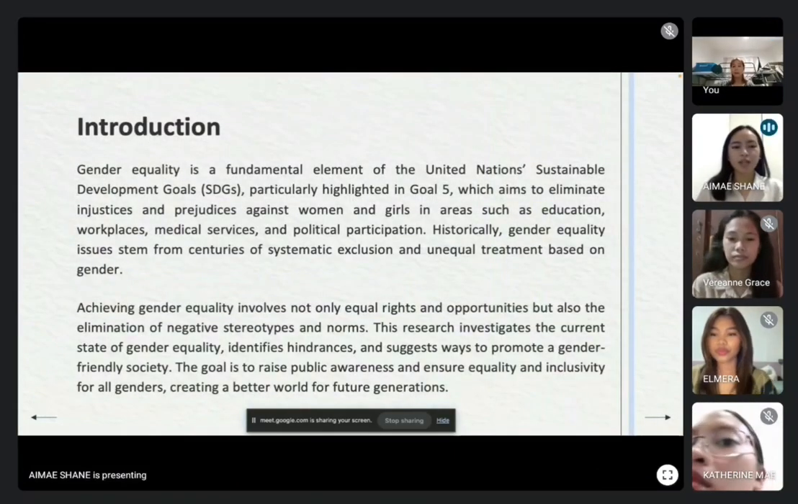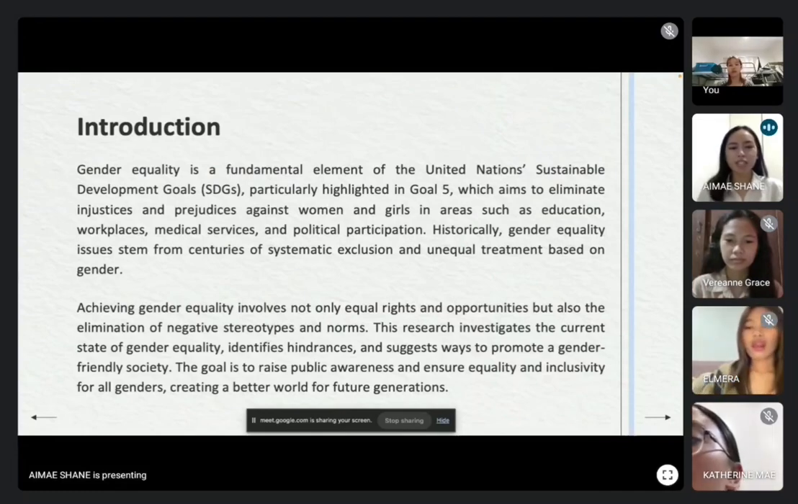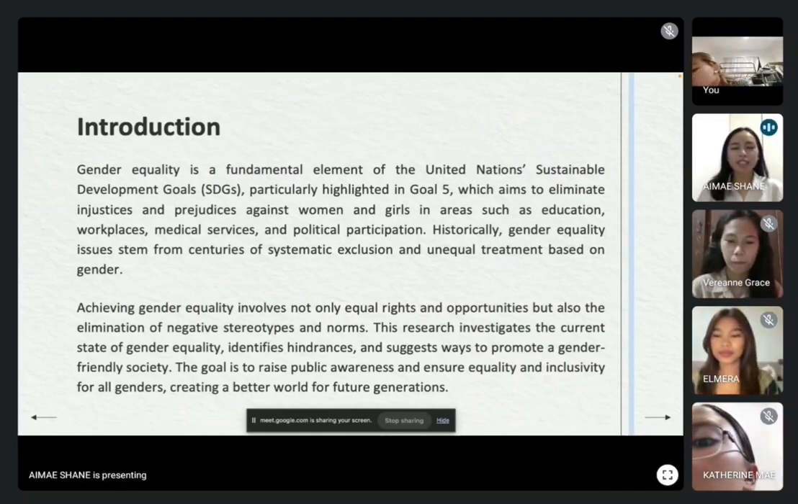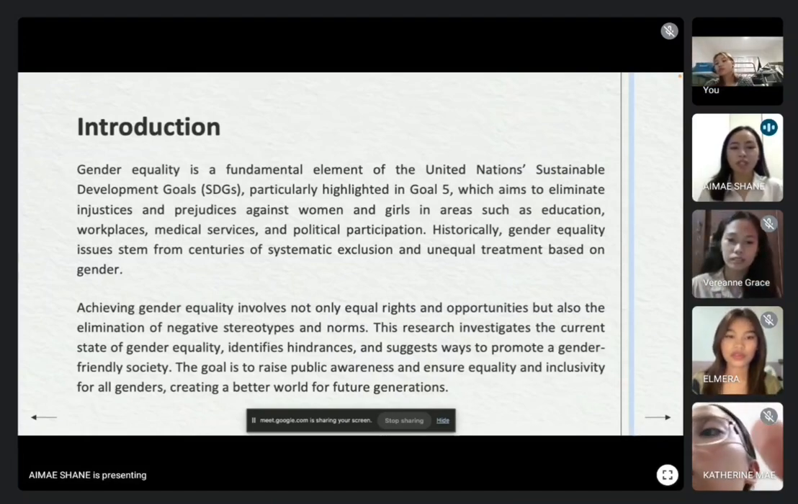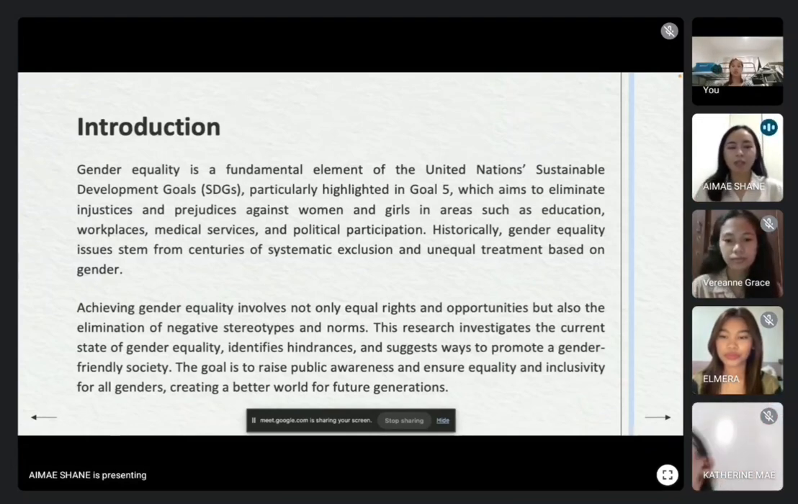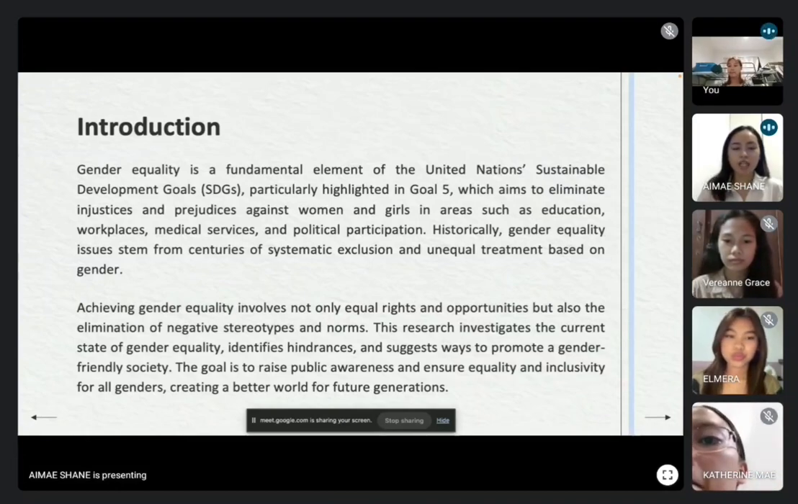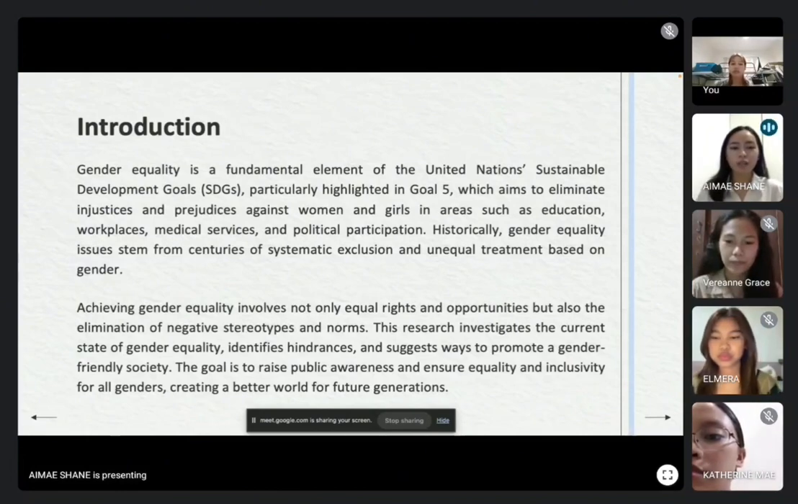So now, let us start with the introduction. Gender equality is a key element of the United Nations Sustainable Development Goals, or SDGs, which is particularly emphasized in Goal 5. So this goal aims to eliminate injustices and prejudices against women and girls in education, workplaces, healthcare, and political participation. So gender equality issues have long roots in history, stemming from centuries of unequal treatment based on